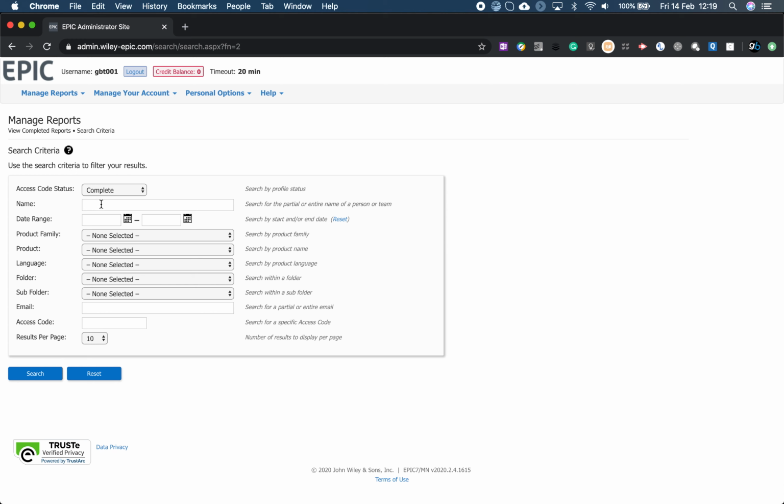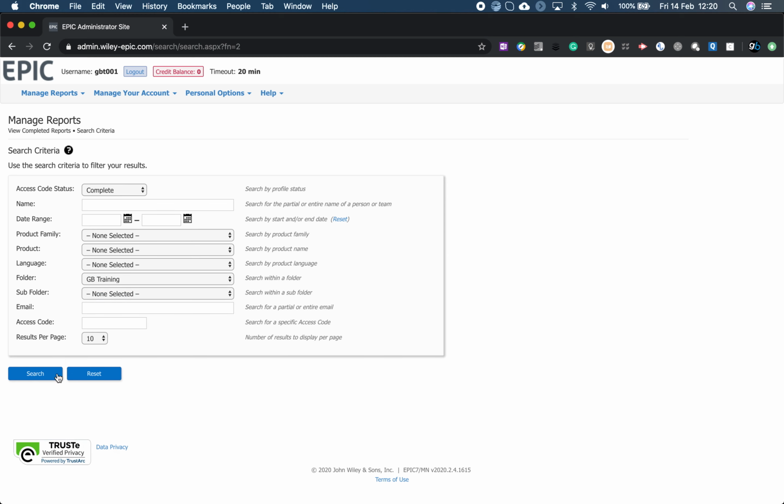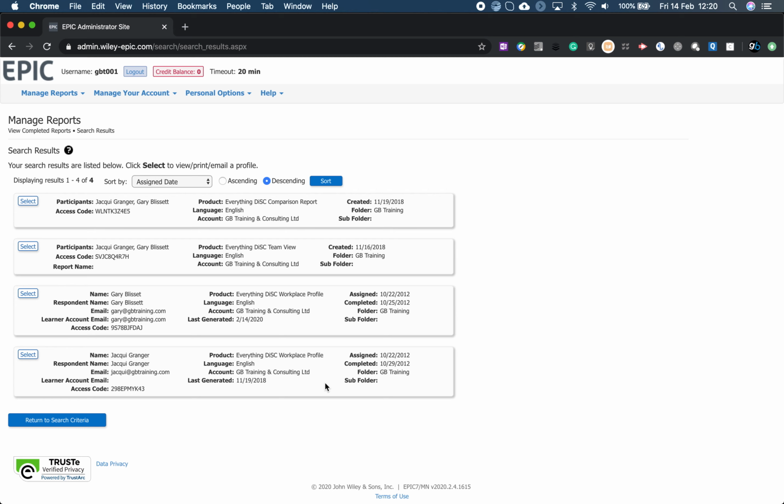So at this point, you can either search by name, or this is where your good management of folders and subfolders comes into play. So if you have got a lot, what I can do here is select the GB training folder, search for that, and that will come up with everybody that has completed the report within that folder. So if I select myself here,